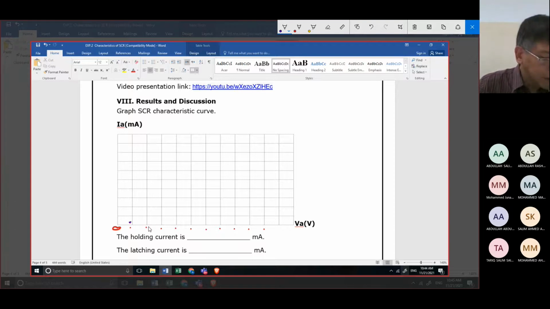Then next is 2.99 volts. So 1, 2, 2.99 is something here. Then 4.99, this is 2, 1, 2, 3, 4.99 something here.